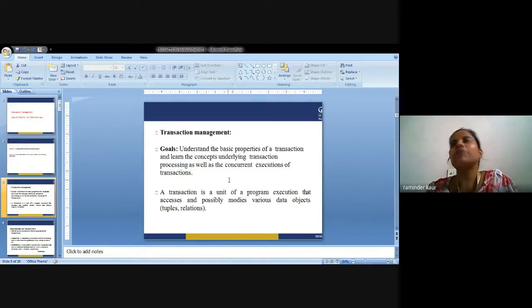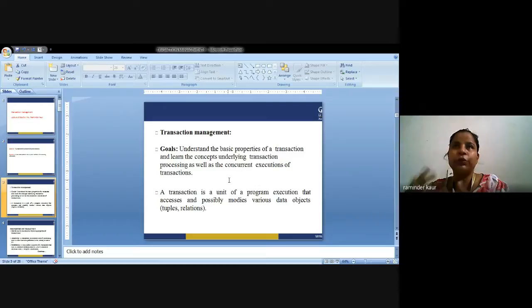So a transaction, what is a transaction? As the name implies, there will be a number of steps in order to proceed with the transaction. Transaction means any practical execution of a particular event. In order to proceed with it, there are certain steps associated with it, and it could range from